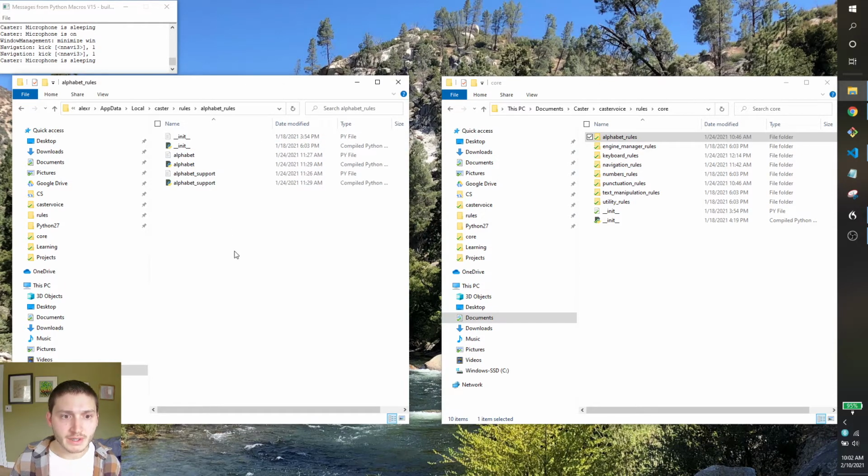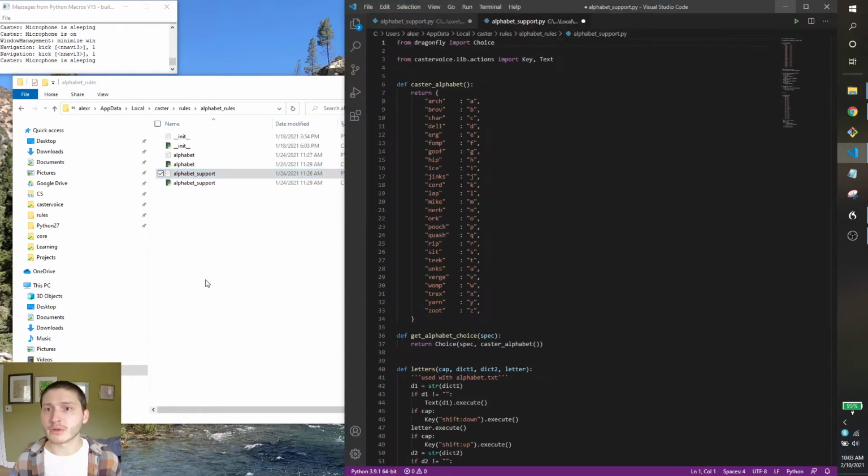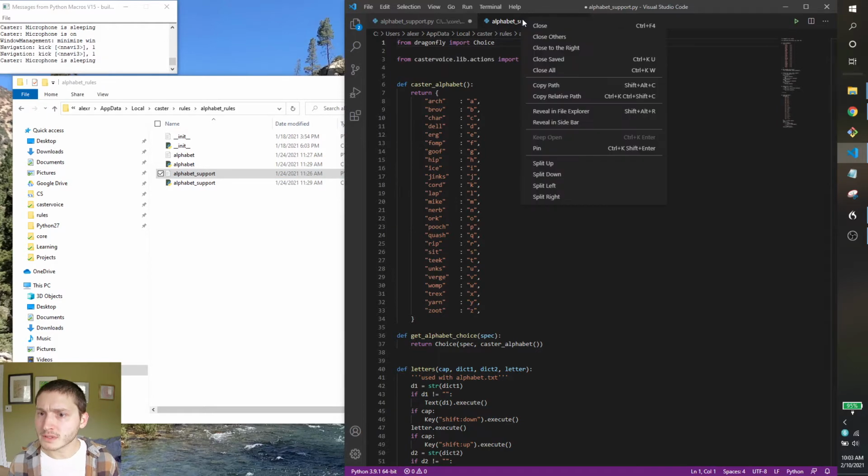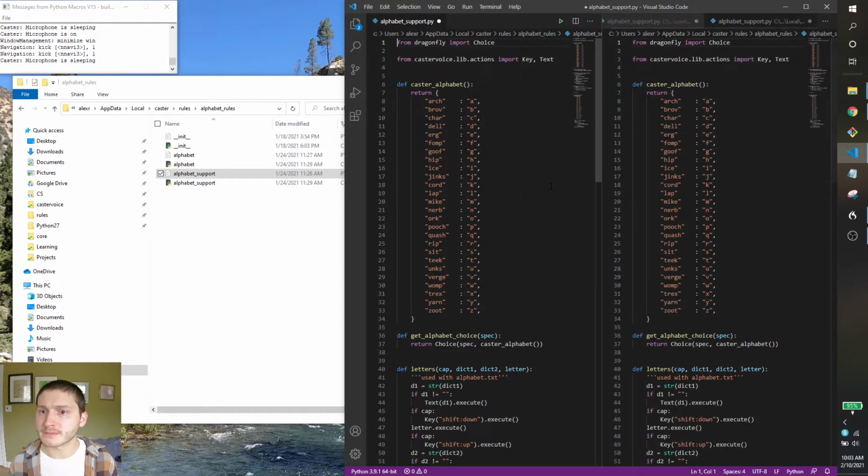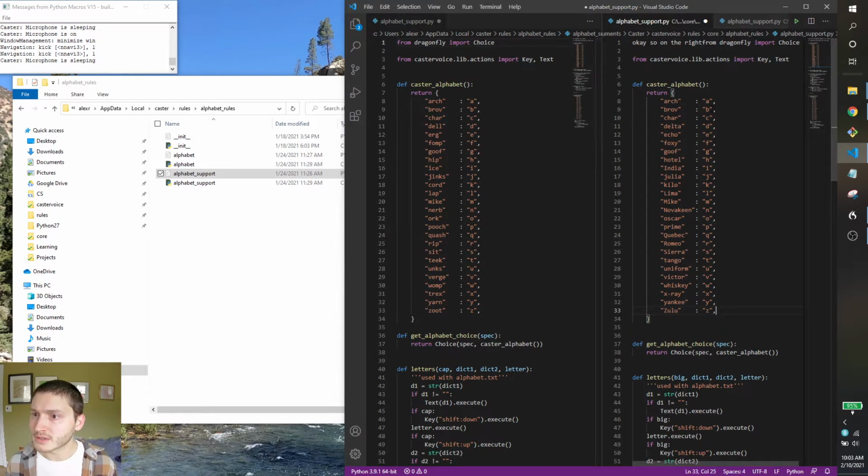So now I'm going to open that up. Even though we're only going to change the alphabet support file, alphabet is what's running this, and it's referring to alphabet support. So you need the full directory copied over to your user directory. So I'm going to open alphabet support there, and let's split this. Okay, so on the right